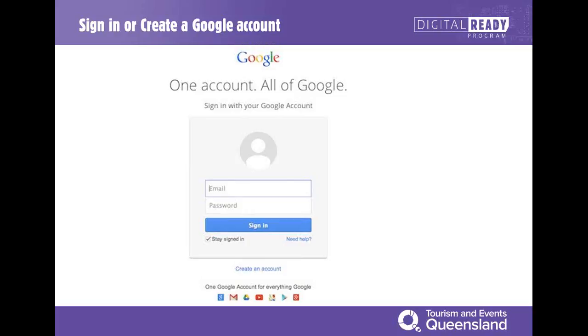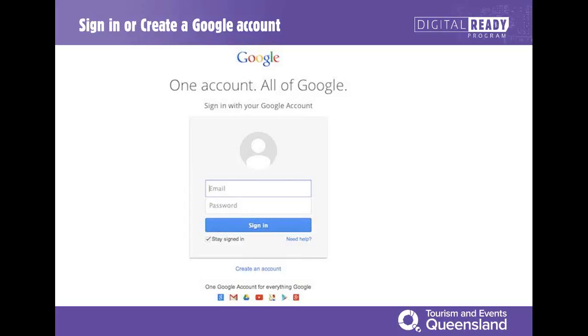Now, what I would suggest here, if you have not got already a Google account set up, this is a perfect opportunity for you to get all this in a nice format and easy to follow. What I would suggest here, if you haven't done this, is to create it as your business account. So actually set it up with your business email. So if it's an info@ or a reservations@ or whatever you like to call it, inquiry@ whatever the case may be, set it up through this way. And then a password, and then it'll ask you to either sign in or create an account, as you can see there down at the bottom of the screen. So really simple now that they've done all this.